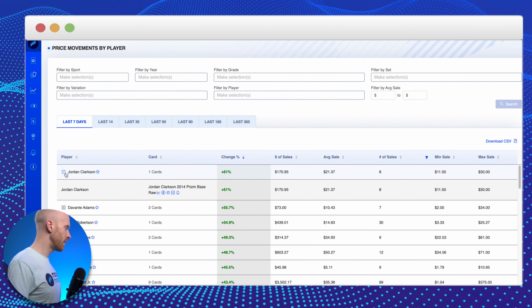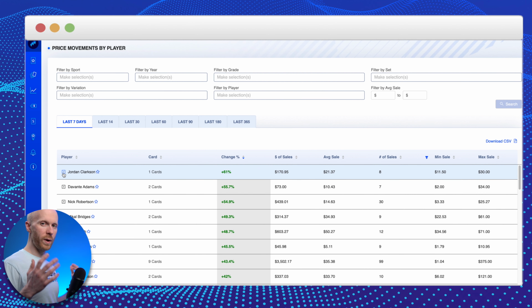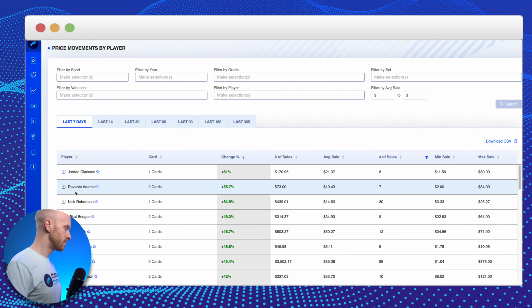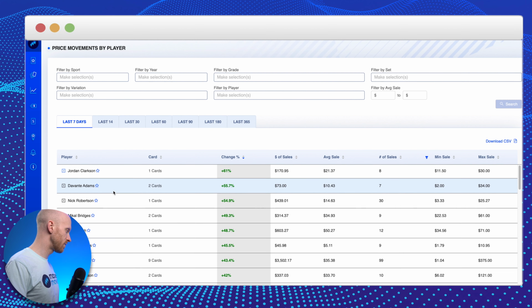And this is just a great way to come in and kind of see where prices are going for specific players and kind of to ask yourself why. Is there any reason you can think of why a particular player's prices might be going up over time? So as I scroll through this list,